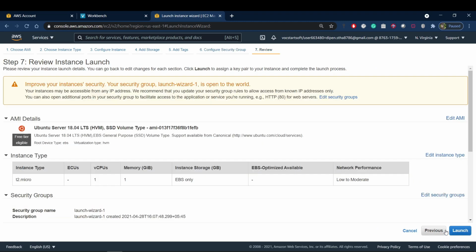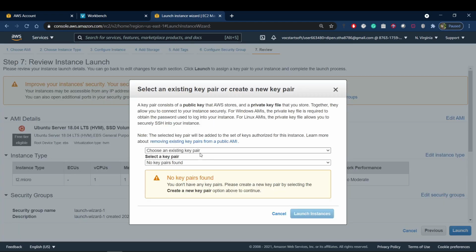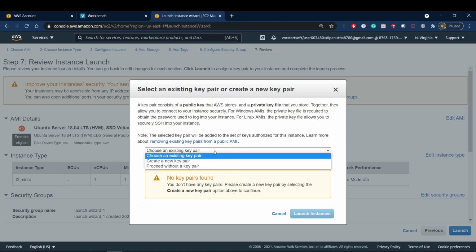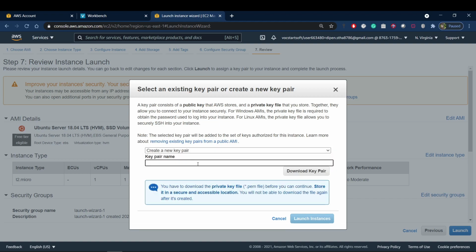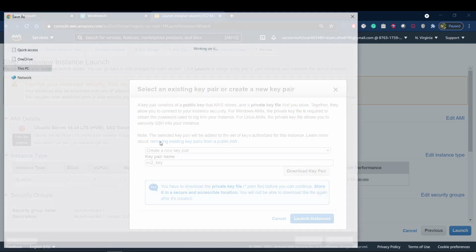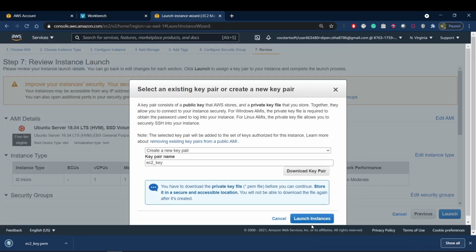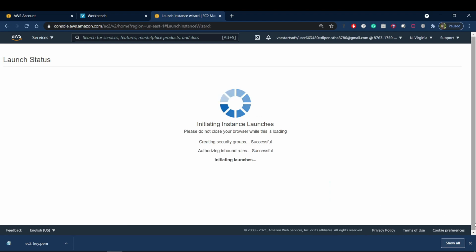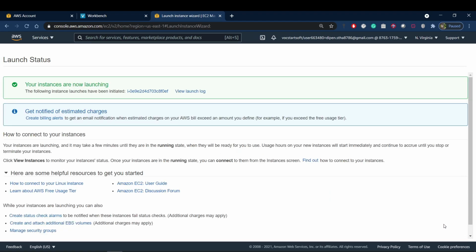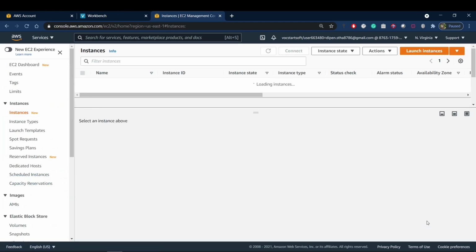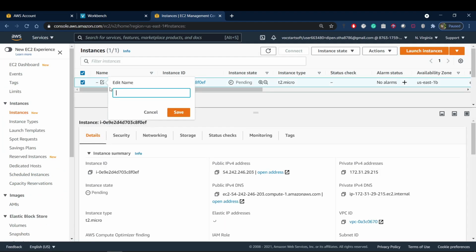Now click on review and launch. After that, launch it. Here there will be an option for choosing the key. You can create a new key pair and I'll be giving the key name as EC2 key and download this pair. Let's download this on the desktop. It will create the .pem file and if you launch the instance here, it will launch the instance. Now view instance. Here I'll be giving the instance name as Django application,